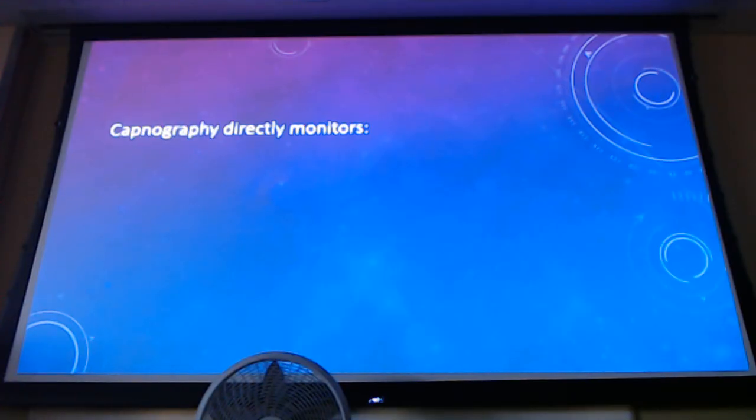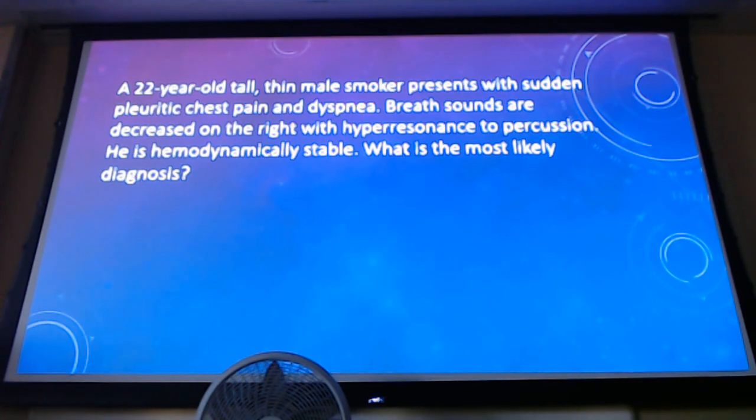All right, capnography directly measures what? What type of CO2? Expiratory. End-tidal CO2, expiratory, good. All right, you have a 22-year-old, tall, thin male, smoker, presents with sudden thoracic chest pain